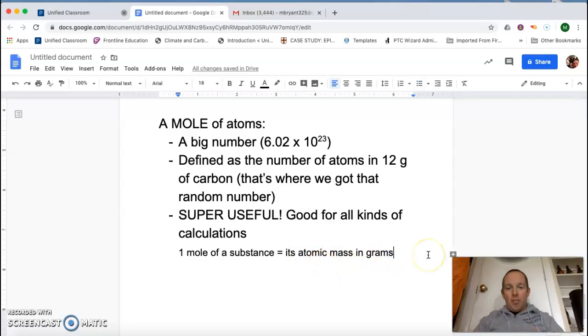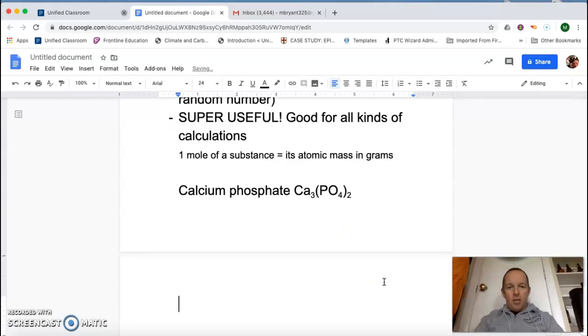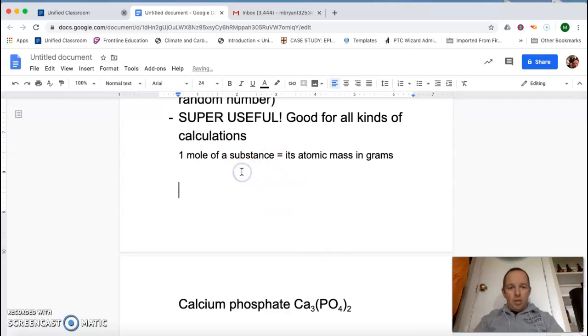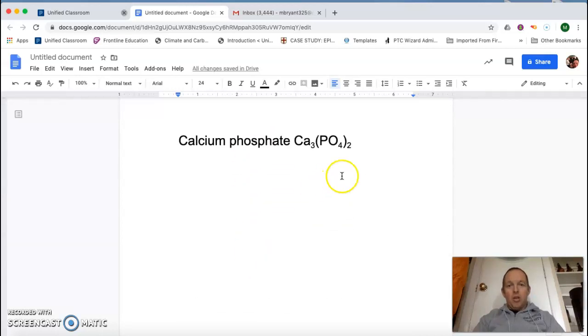So for example, the example I gave the other day in my class was for calcium phosphate. Calcium phosphate is Ca3(PO4)2, and we figured out that calcium phosphate has a mass of